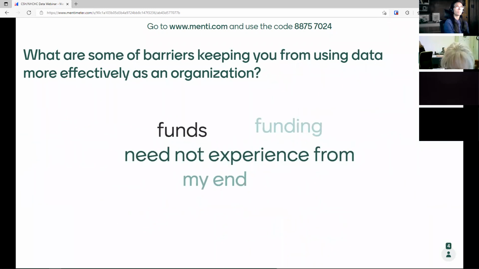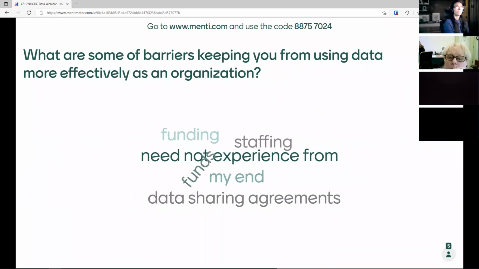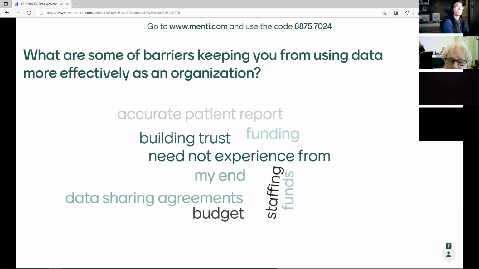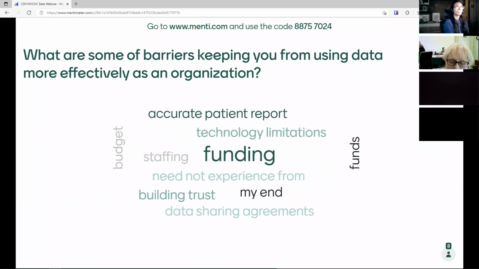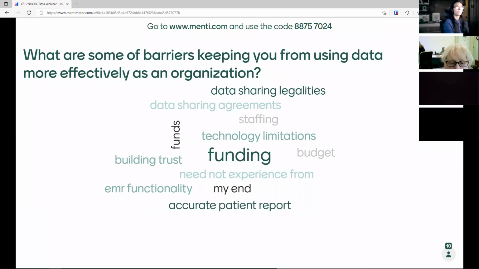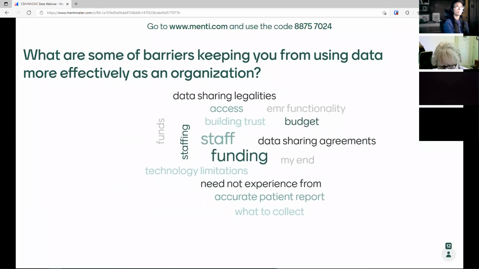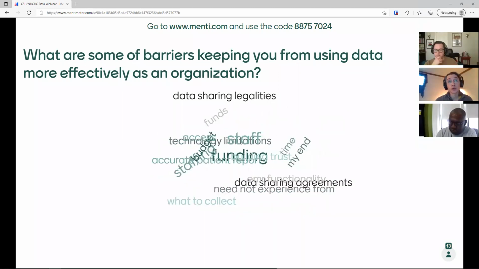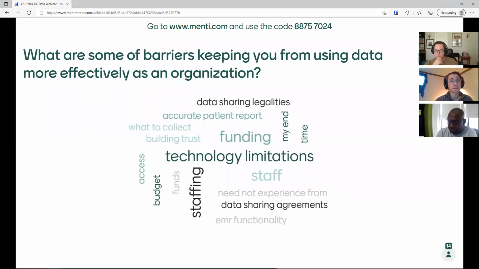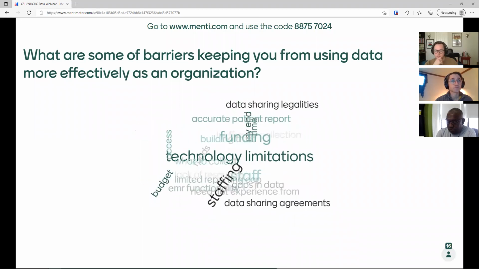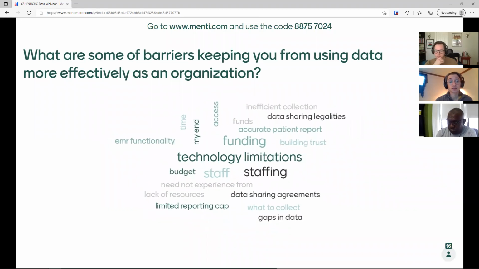I see Kirby in the chat says time, funding, staffing. Data sharing legalities, EMR or EHR functionality. Looks like a few of you said technology is a major limitation.